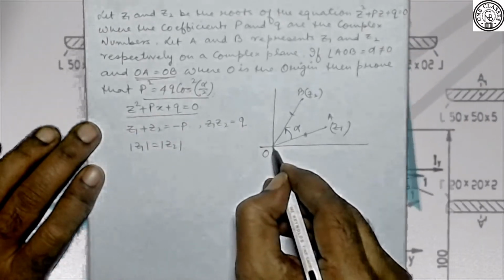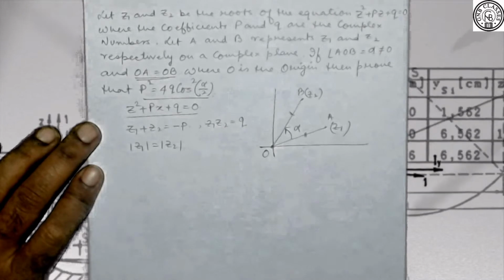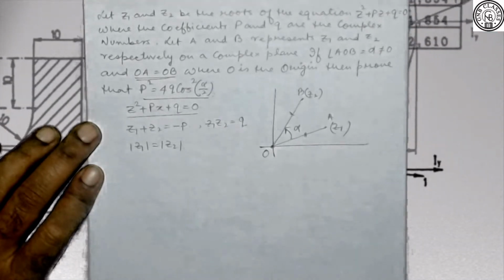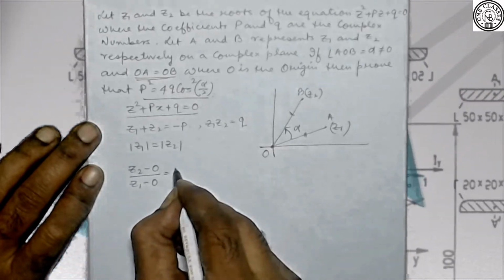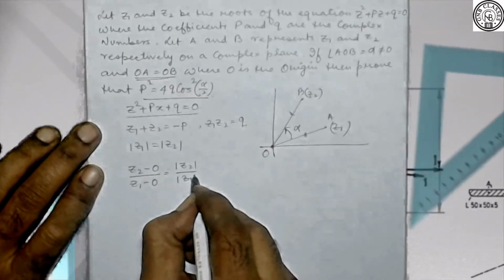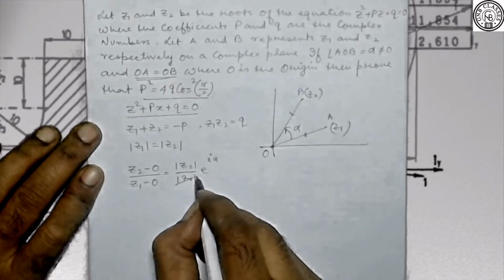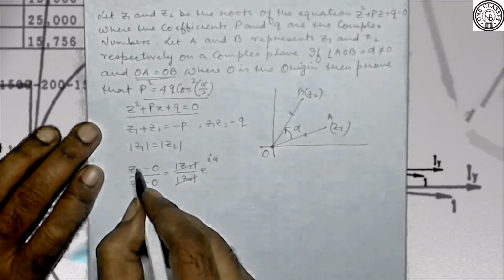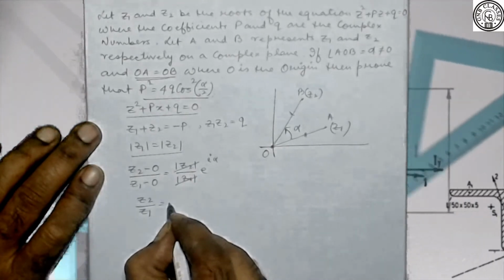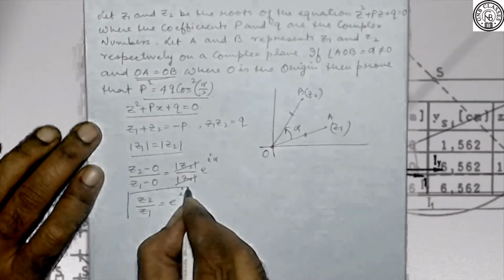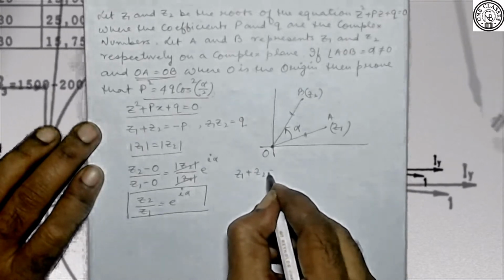Now we have to prove whatever is given to us. Let me apply the rotation theorem at point O, that is at the origin. So in that case, what we will write? Z2 minus 0 by Z1 minus 0 equals mod of Z2 by mod of Z1 e to the power iota alpha. Tell me yes or no. Now modulus of Z1 and modulus of Z2 will cancel because they are equal. So we are having Z2 by Z1 is nothing but e to the power iota alpha. Is it clear?